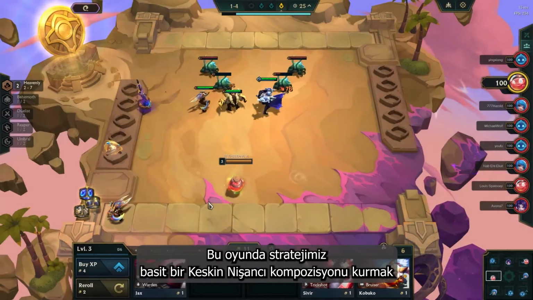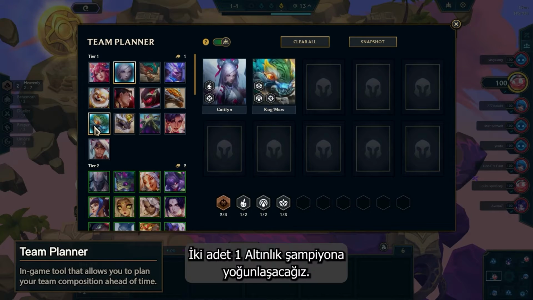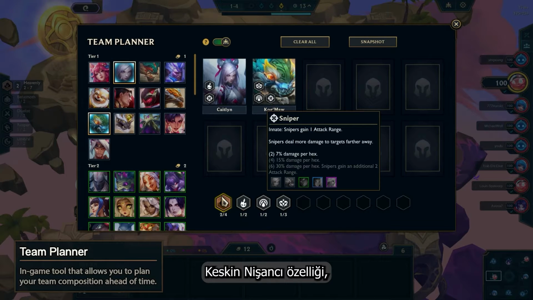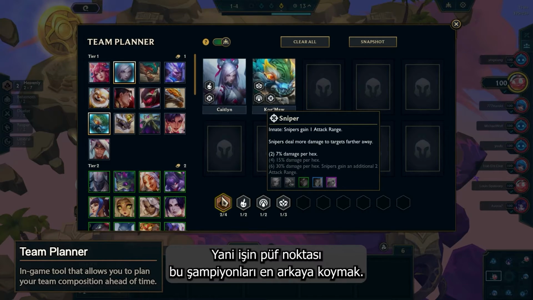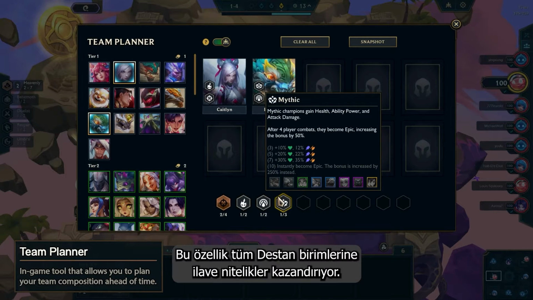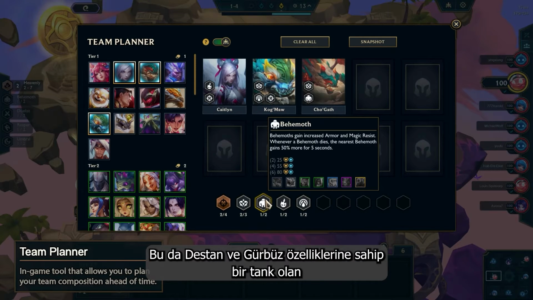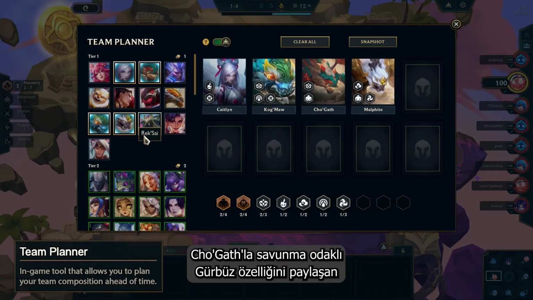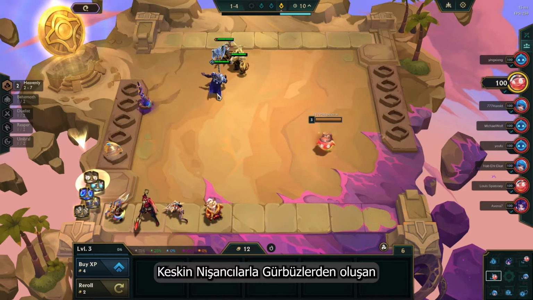In this game, we're going to be focusing our strategy on a simple sniper composition, focusing on 2 1-cost units, Caitlyn and Kog'Maw. Snipers are a trait that gives you bonus damage for each hex between the unit and the target, so putting them in the far back is key. Kog'Maw also has another trait called Mythic, which gives all Mythic units bonus stats. So this gives us a reason to also look for Cho'Gath, a Mythic Behemoth tank. By finding Malphite who shares the defensive Behemoth trait with Cho'Gath, we put together a nice, well-rounded team of snipers